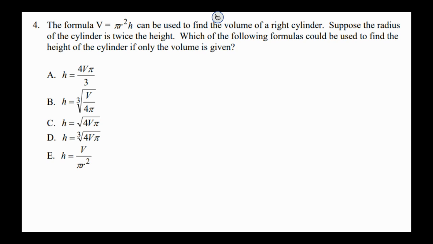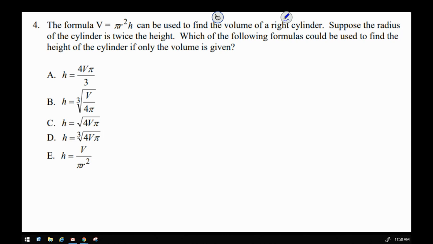Okay, number 4. The formula V equals pi r squared h can be used to find the volume of a right cylinder. Did you have some geometry flashbacks there for a second? I did. Suppose the radius of the cylinder is twice the height. Which of the following formulas could be used to find the height of this cylinder if only the volume were given? Okay, so what did you plug in for